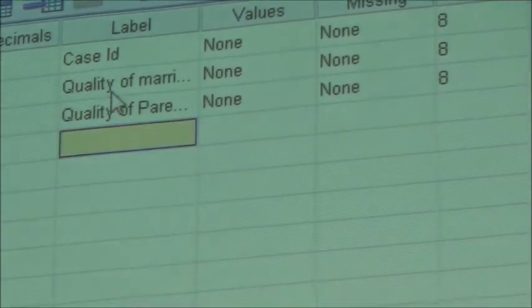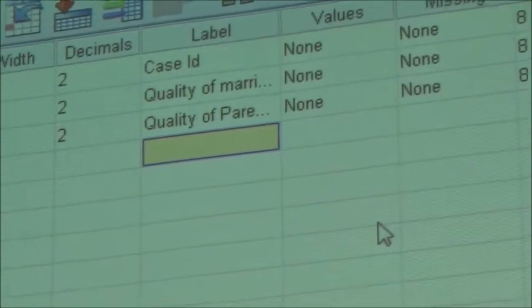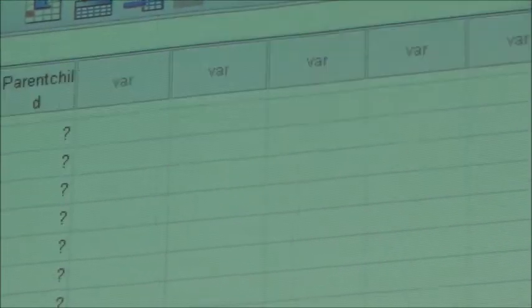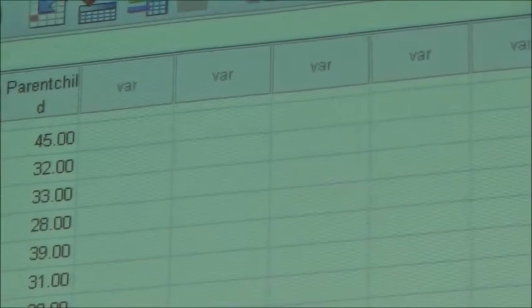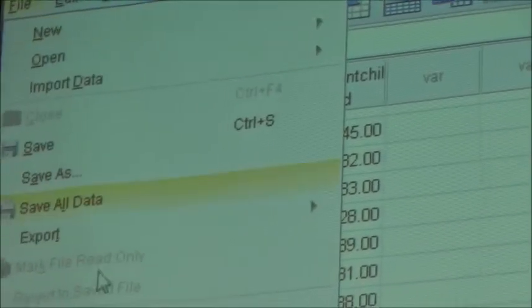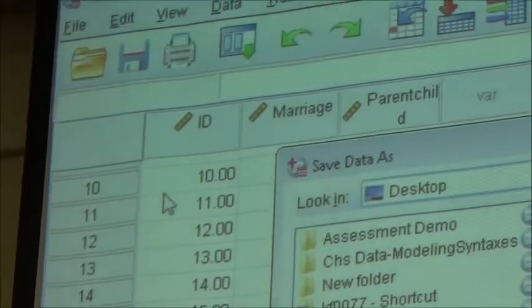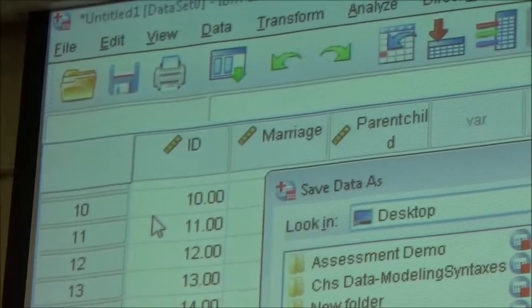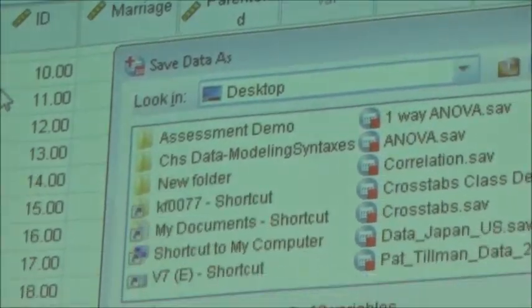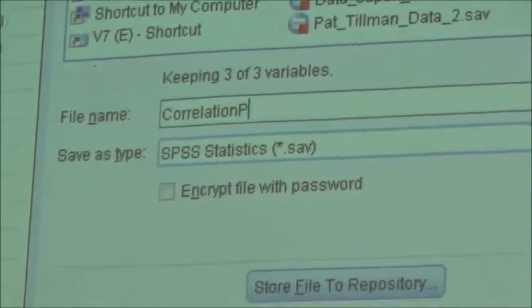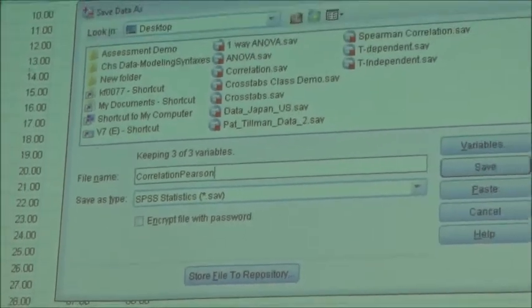Okay, good. All right, going back to data view. Let's first save it on the desktop. Correlation, Pearson. Save. Very good.